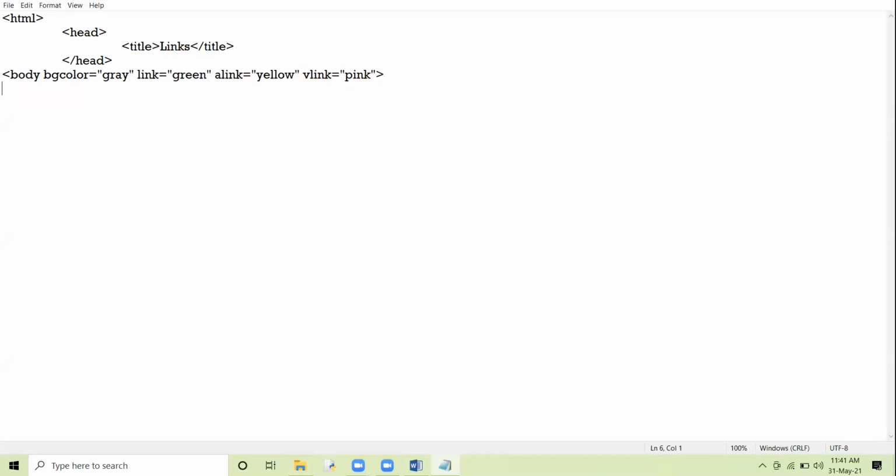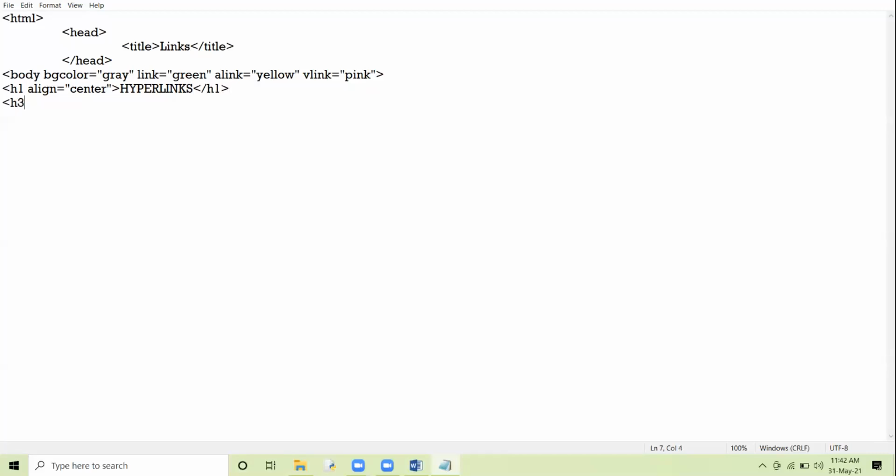Now, how to create the hyperlink? I am giving the heading over here: Hyperlinks. I close the H1 tag.